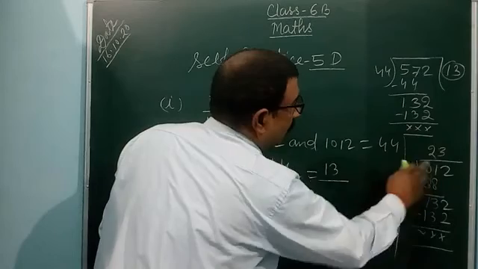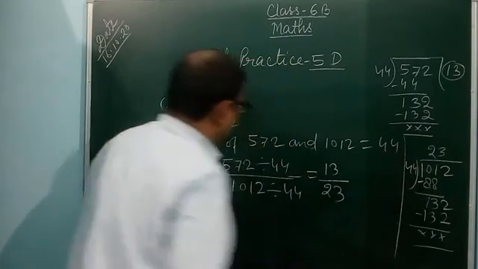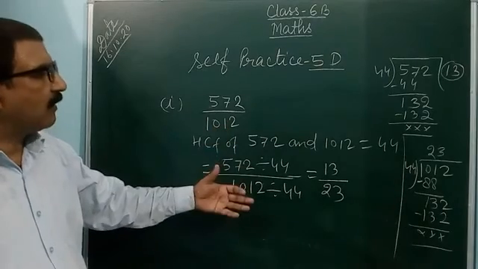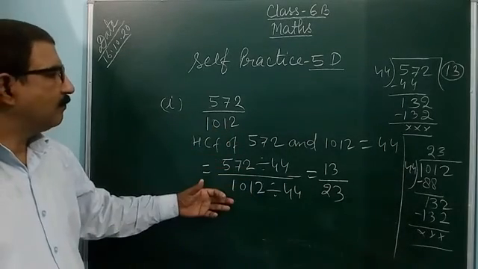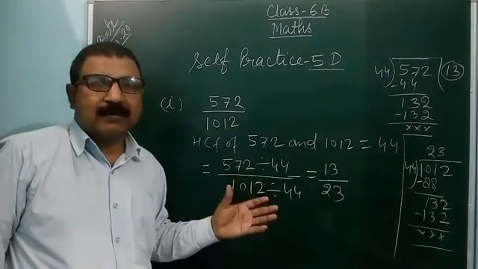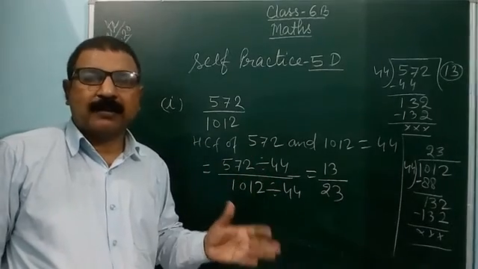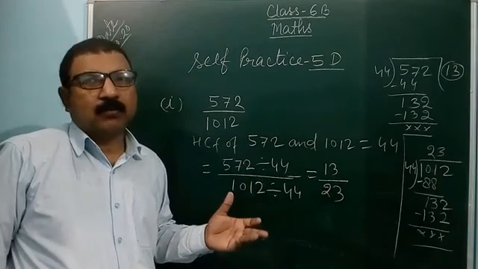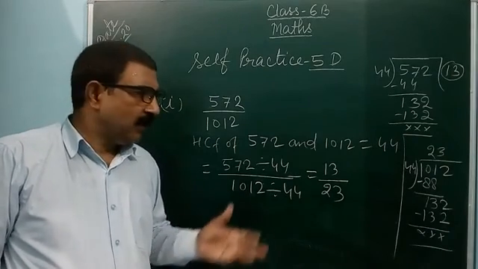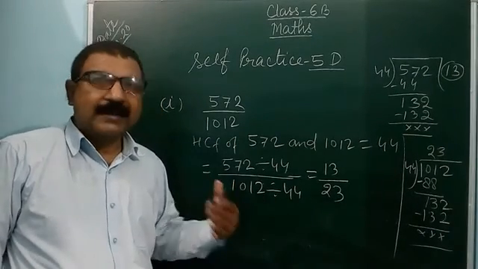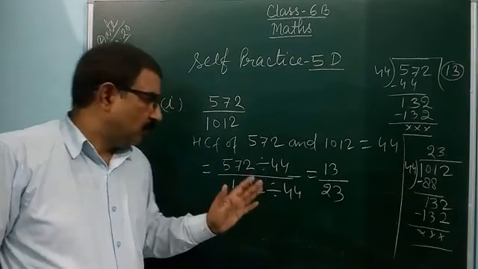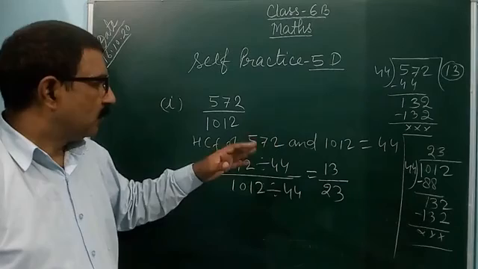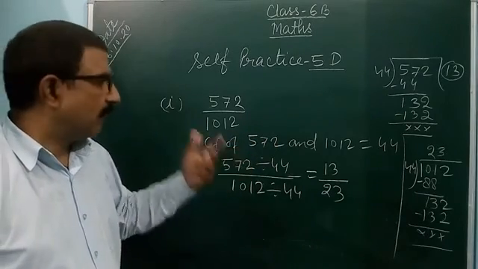It is now 23. So if you are changing 572 by 1012 by HCF method also, it will take time. But no matter, if in the exam it is asking for HCF method only, you use it to find out the simplest form. So you can use only HCF method. If it is not asking, you can do any method, cancellation method also. By HCF method it is big, but by cancellation method it is very easy. So what is convenient, you can do.